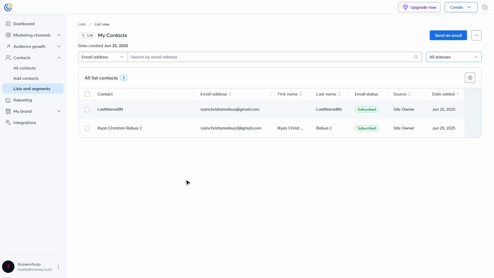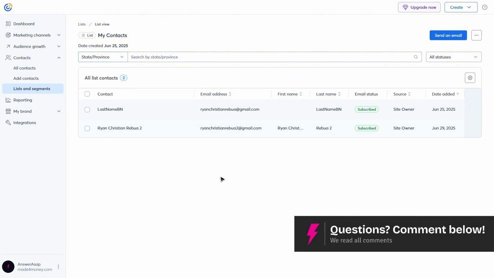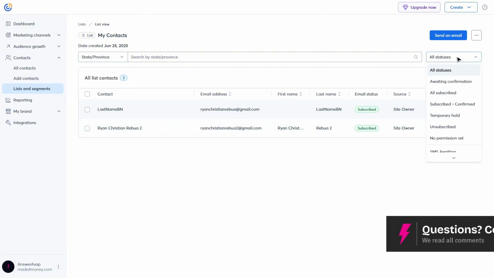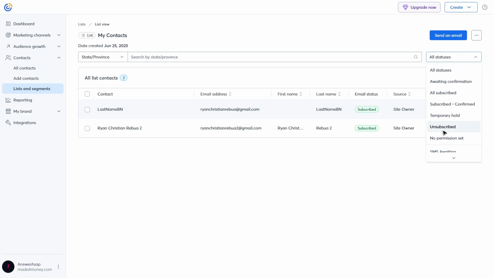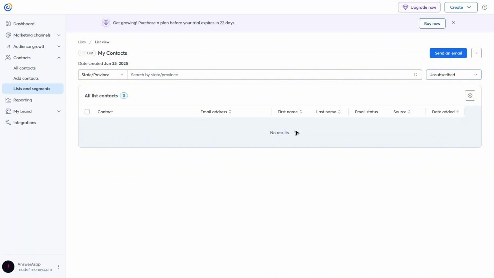click on it. You can go ahead and filter it from here at the top left, maybe depending on a state or province, and also the status, such as the ones that are unsubscribed. Click on it to filter them out, and then once done, you can go ahead and delete them one by